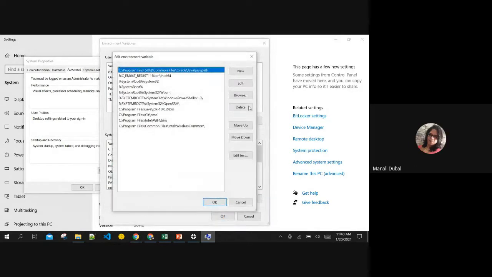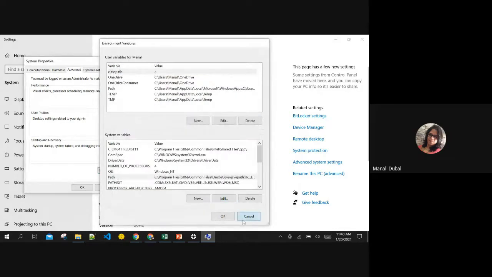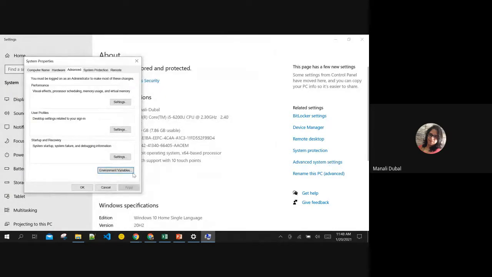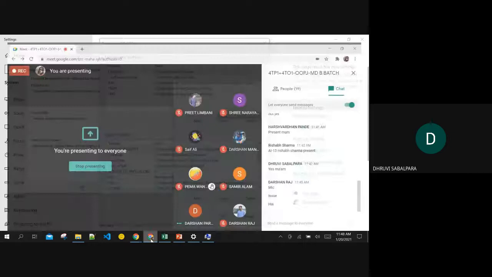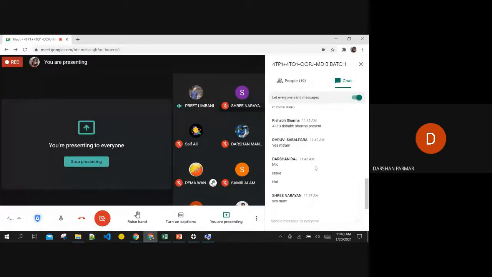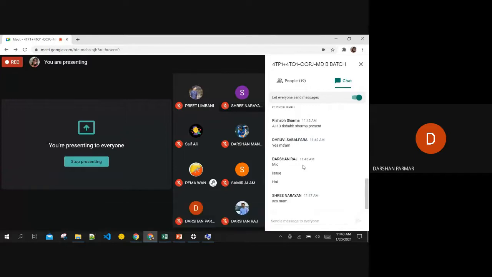Are you able to find Environment Variables from Advanced system settings? Srinath, what is that? Okay, it's still installing. Yes, ma'am. Okay. Can you share your screen?